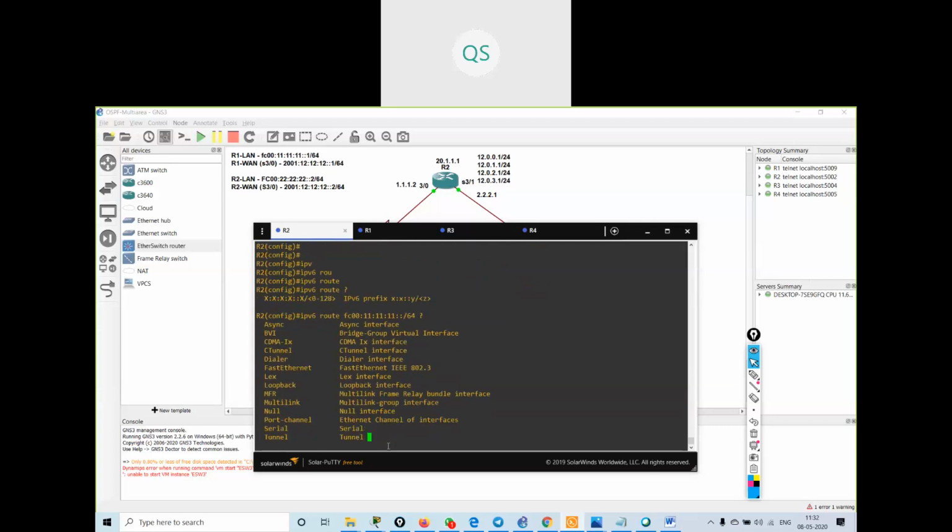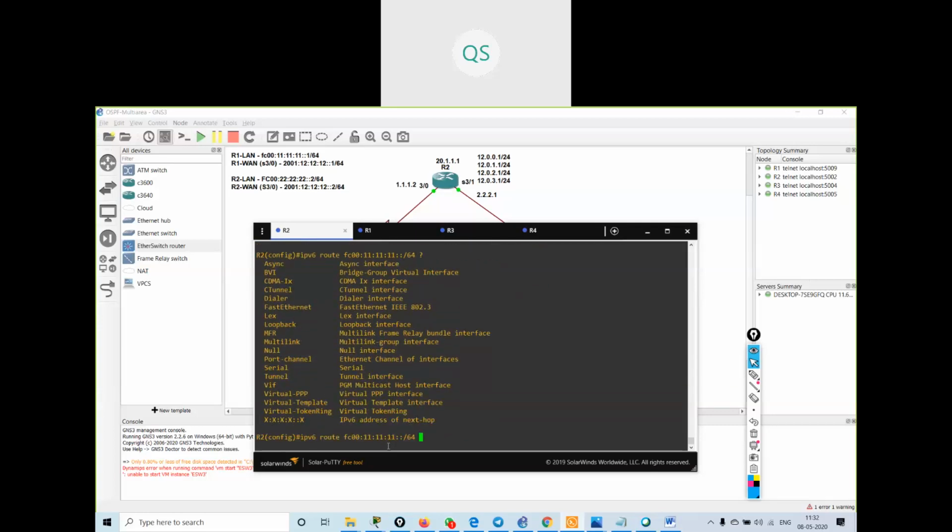Next hop address. It is asking me for the IP address of the next hop. I've given the destination, I've given the subnet mask of the destination, and now I will give the next hop address. So what will be my next hop address? 2001:12:12:12::1.